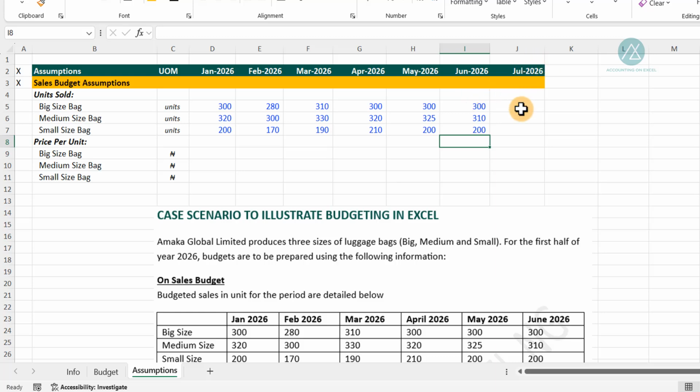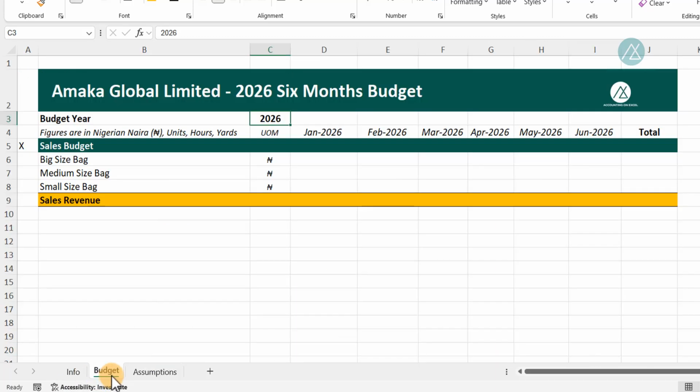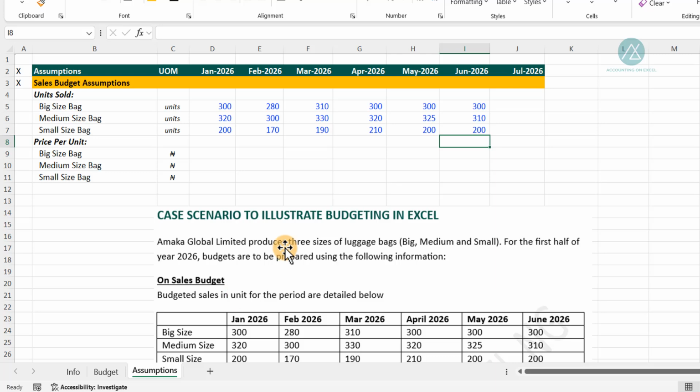So for this column, don't worry, as we go along, you will understand why I have to create this July column in the assumption sheet. But for the budget sheet, we just stopped at June because the budget is for 6 months. But for assumptions, there are times we'll need the budget for the subsequent month in order to generate what we need for the previous month.